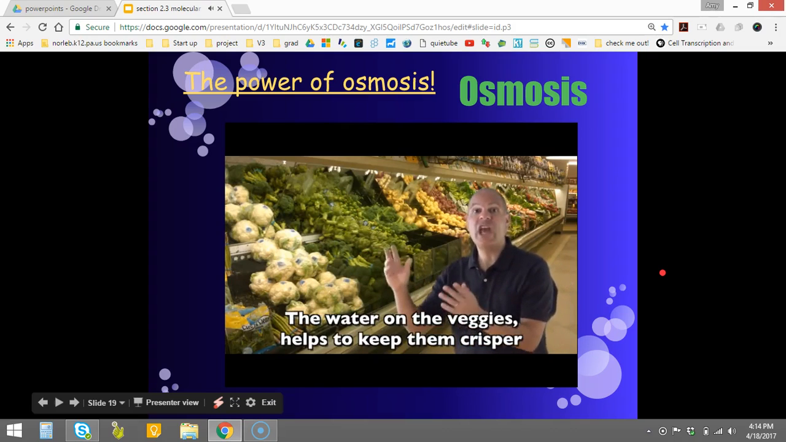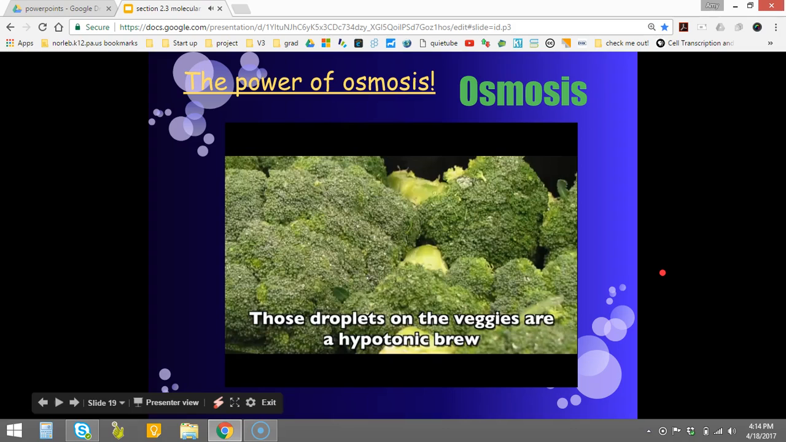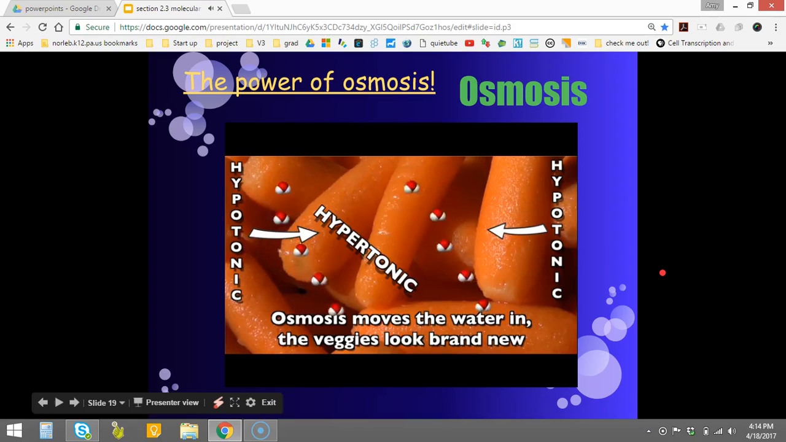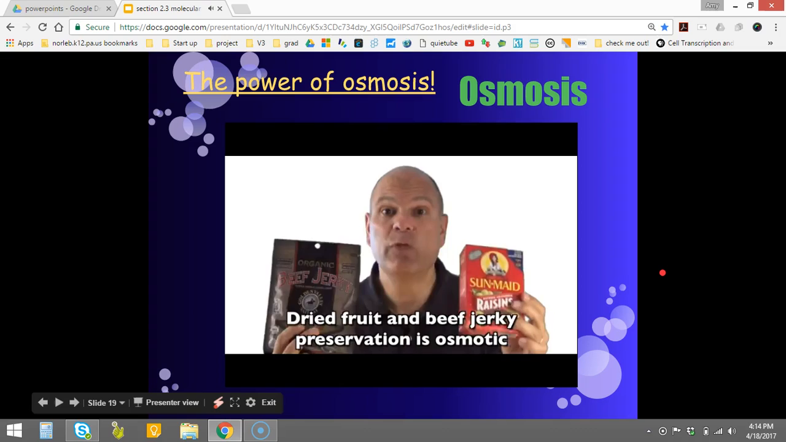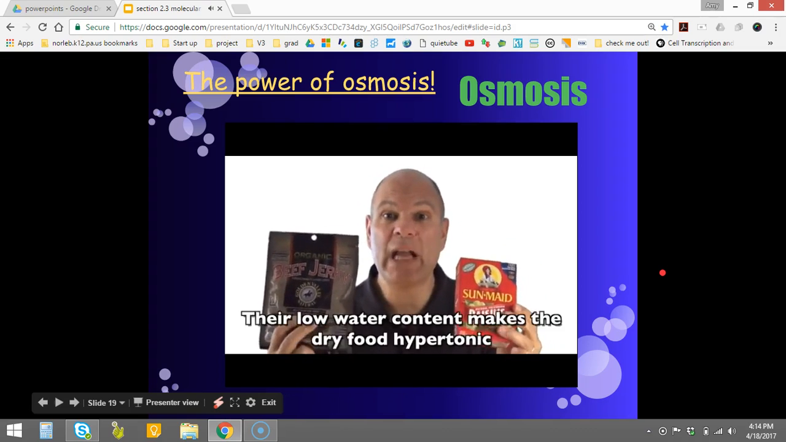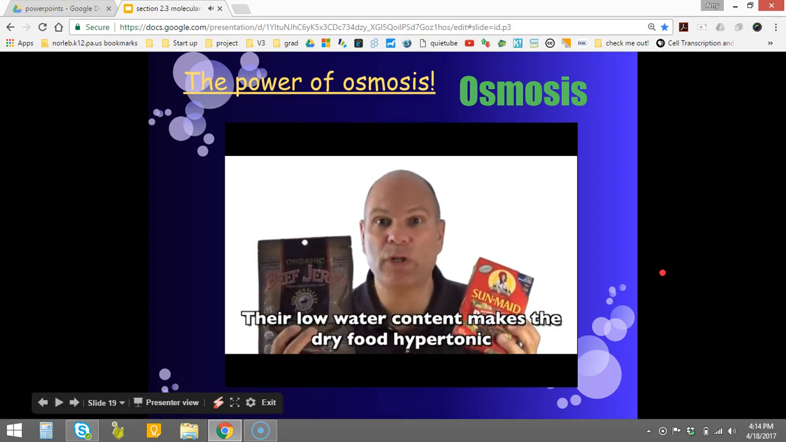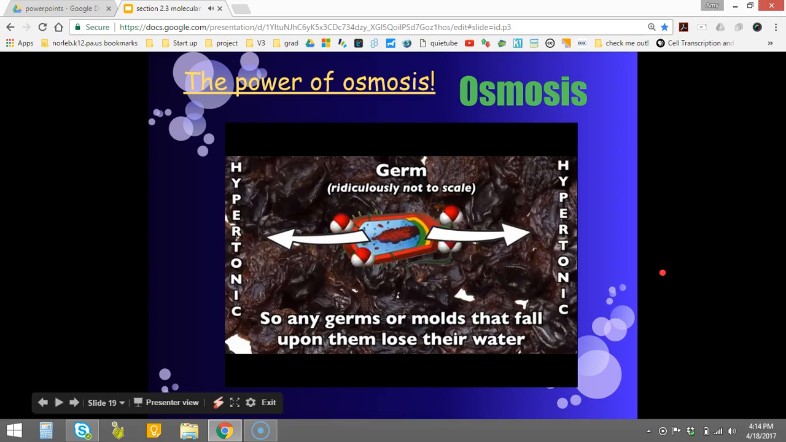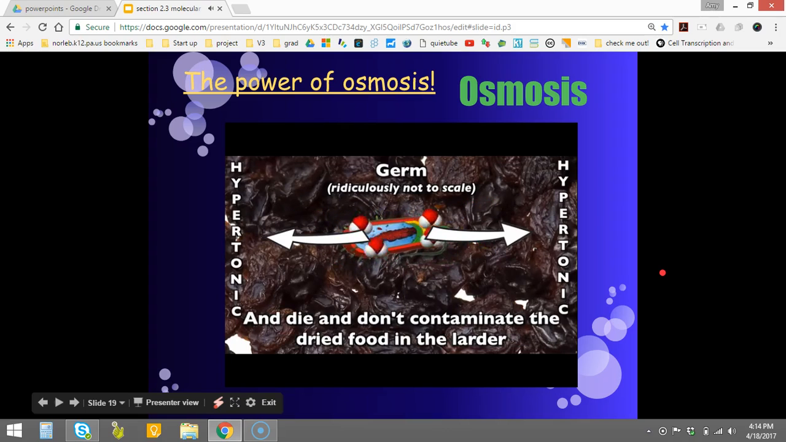The water on the veggies helps to keep them crisper. The droplets on the veggies are a hypotonic brew. Osmosis moves the water in the veggies look brand new. Dry fruit and beef jerky preservation is osmotic. The low water content makes the dry fruit hypertonic. So any germs that multiply upon them lose their water and die and don't contaminate the dry fruit in the